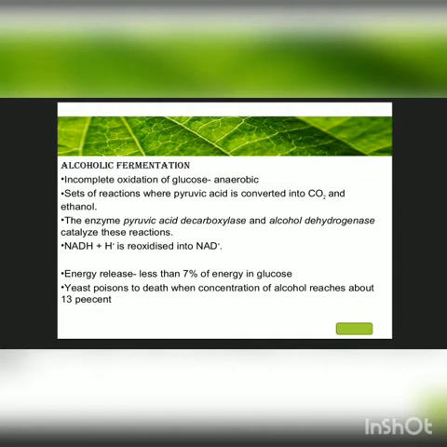As I said, fungus, yeast contain it, and bacteria also. Certain bacteria are also there in which it takes place. तो ये जो है certain concentration तक ठीक है, अगर इसकी अल्कोहल की concentration ज्यादा हो जाती है तो पॉइजन हो जाता है. Yeast is poisoned to death when the concentration of alcohol reaches about 13%. Okay. So therefore the maximum concentration of alcohol in beverages that are naturally fermented is 13%, and a higher concentration